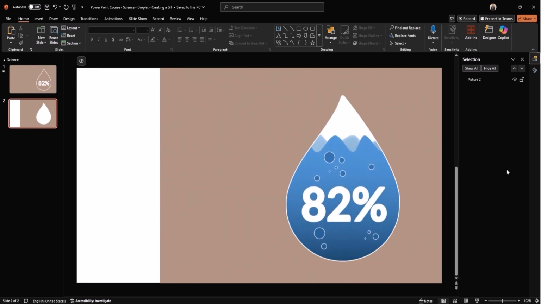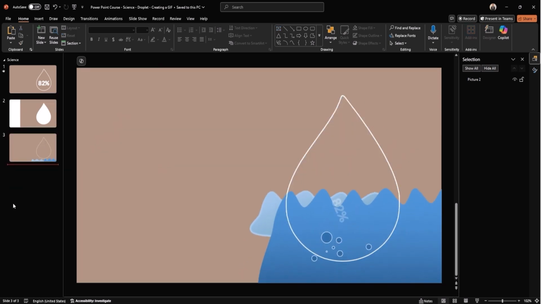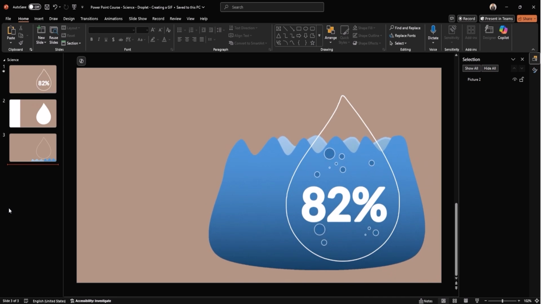If I try hiding the background before exporting, it just animates the waves instead of the background, which isn't what we want. And as you can see, it ends up looking something like this. So, how do we fix this? Well, we'll have to rely on another tool, since PowerPoint doesn't seem to have a great solution for this, at least to my knowledge. In the next session, we'll head into Adobe and clean up the GIF properly.